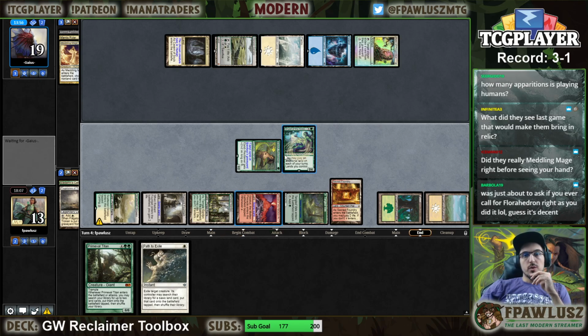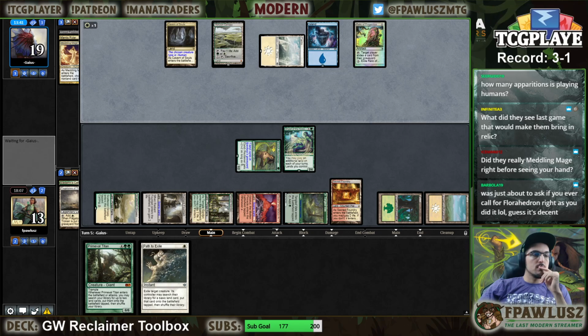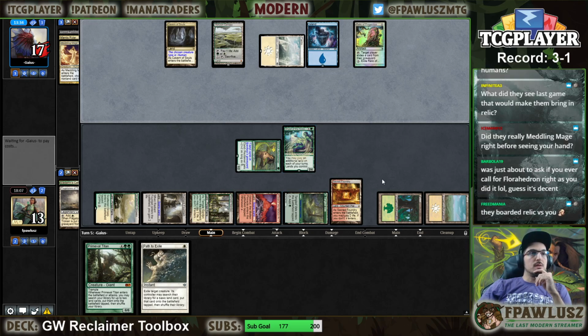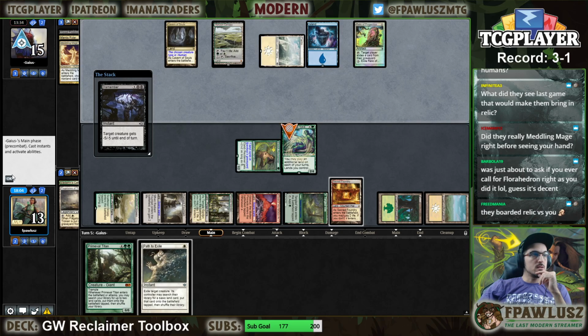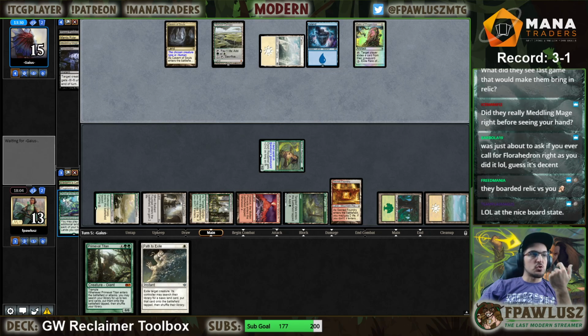Just about to ask if you ever called for Florahedron right as you did. Yeah, it was pretty solid there, right? It was a pretty powerful tempo play. And we didn't have mana for anything like that, so... Of course, this doesn't matter, right? Because we have the path to answer the Meddling Mage, so...